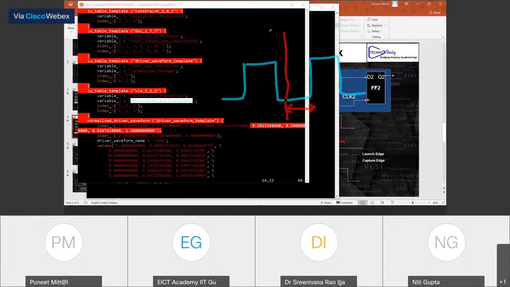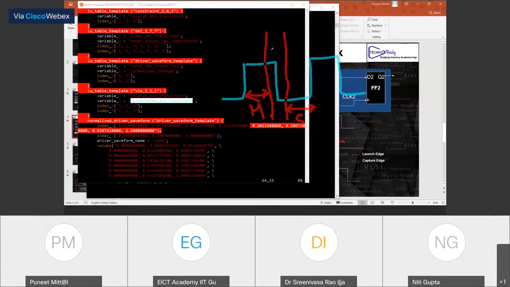And for this, we have a hold. So this is a hold. The setup and hold both are violating, that means these two lines are very close to each other.